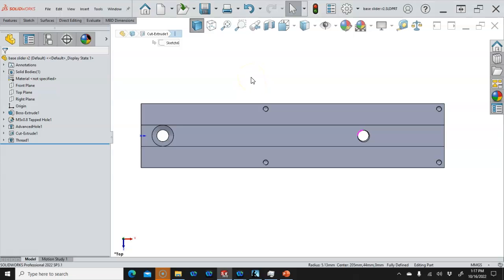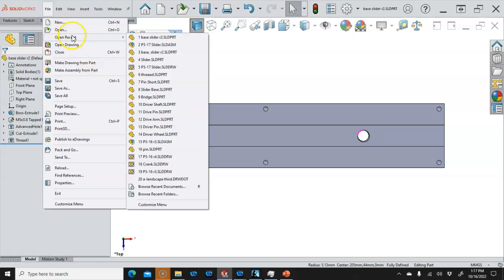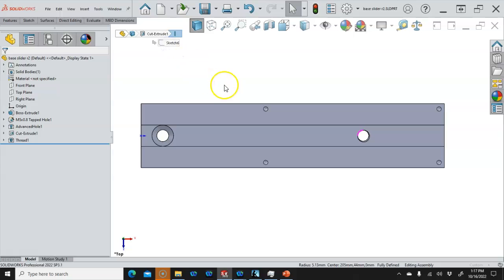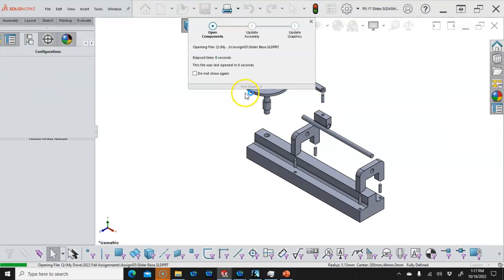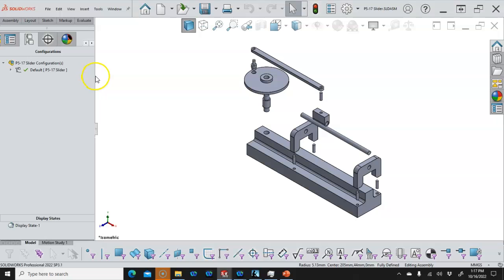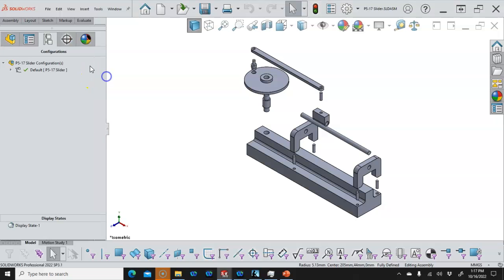And then there's a couple of ways, since we've already created the assembly. We'll find our slider assembly and let it open. Extend this out a little bit so I don't have to use the arrows to navigate